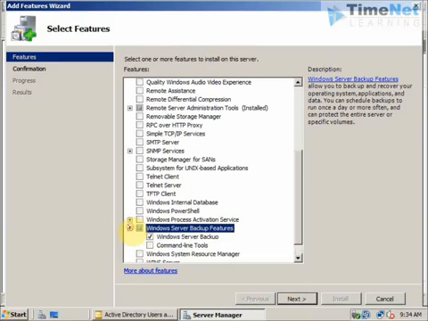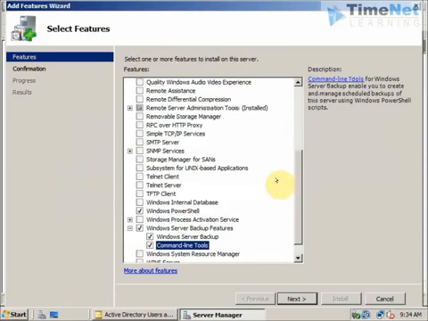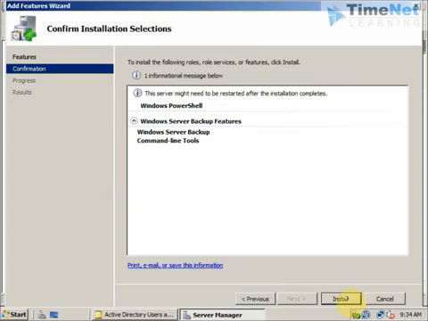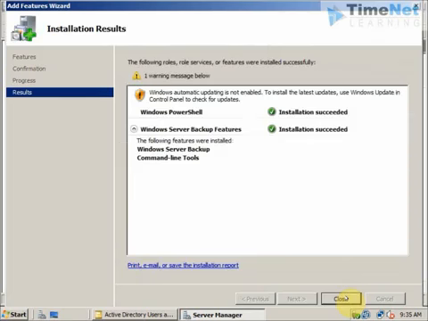I will make sure that everything is selected, to install the command line tools also. Click on add features and click on next, and I will click on install. The installation succeeded, and we have the Windows backup features installed on our DC. You can close out of this,